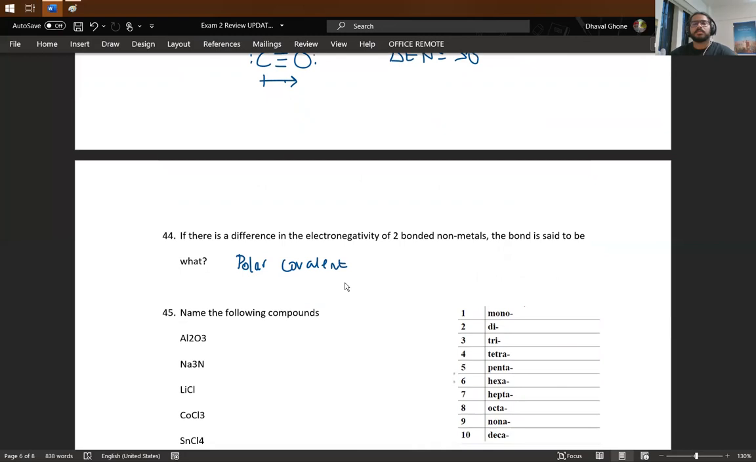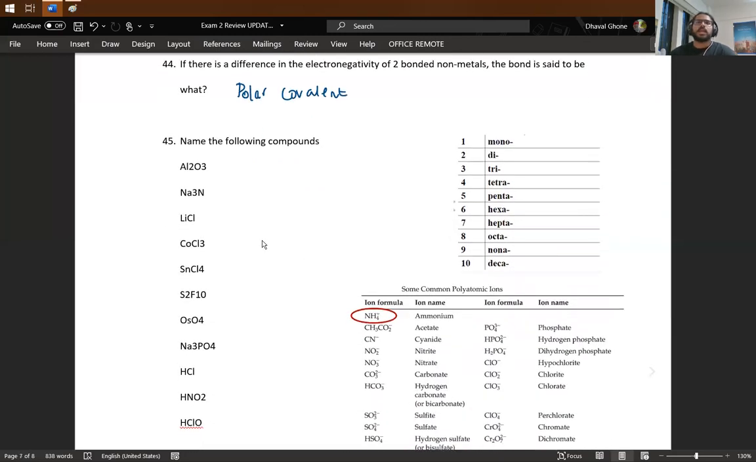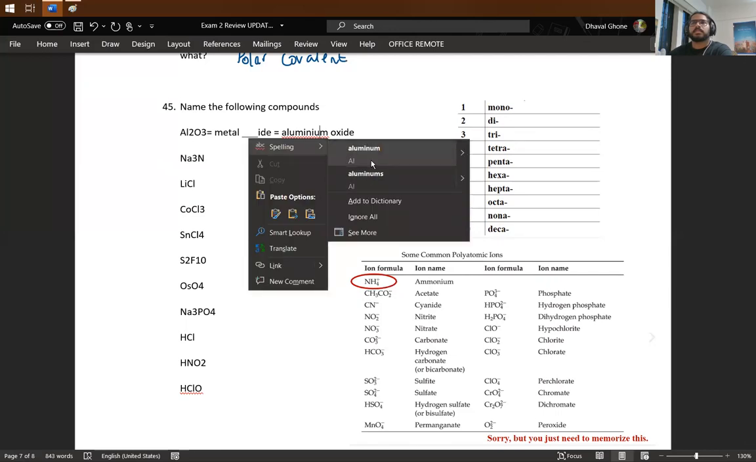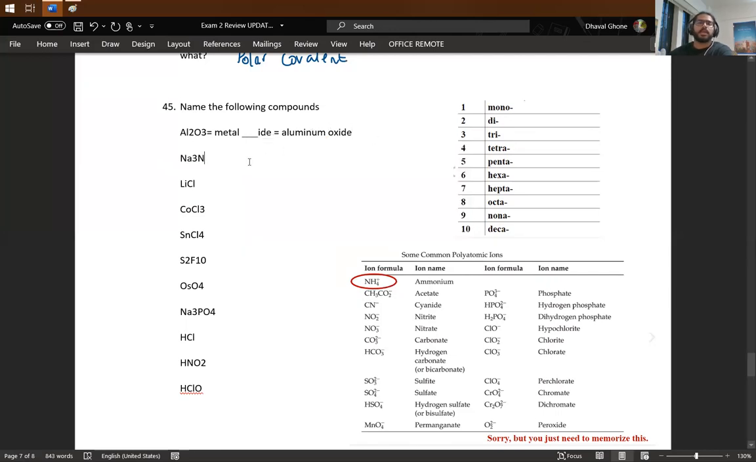Okay, cool. Next question. Name the following compounds. So this comes into nomenclature. The first compound is Al2O3, and Al is a metal, oxygen is a non-metal. This is an ionic compound. And the name format for these compounds is, you write the metal name and the nonmetal with an -ide ending, and so this one would be aluminum oxide. I think I misspelled aluminum. Okay, aluminum oxide. Next one is